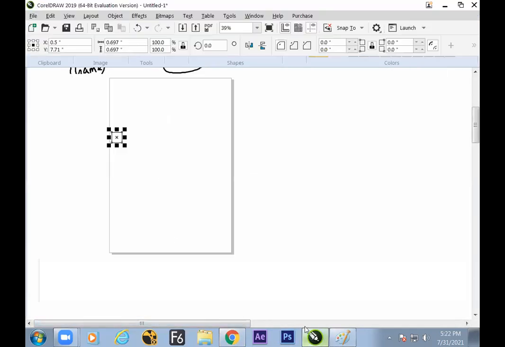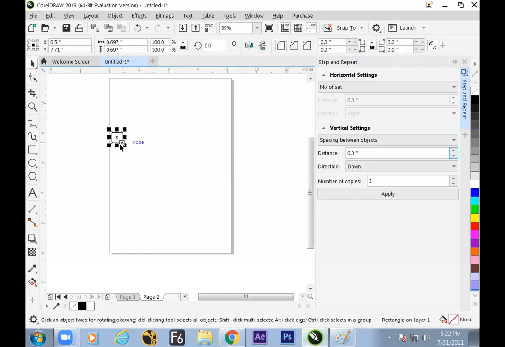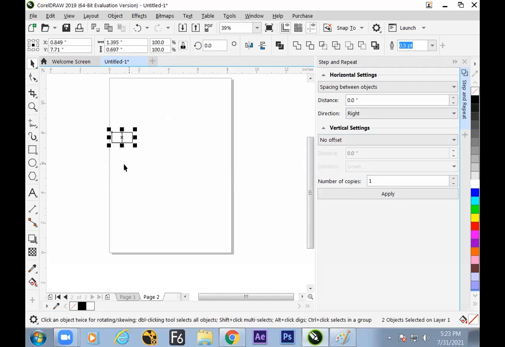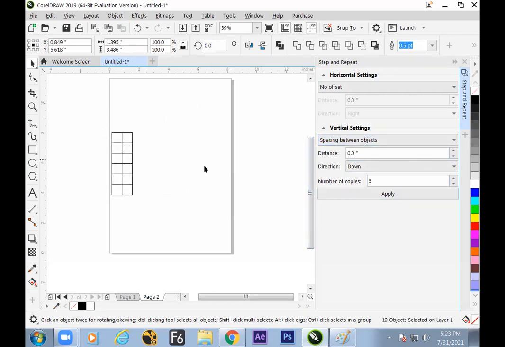So let's go for the action plan. First, get 2 to the right side. Here there is no offset, and spacing between the objects is 0, and how many copies? We need 1 only. Done. Now to the downside, how many are required? 6. 1 is done, so 5 more are required. So go for no offset, and to the downside, 5 more required. Got it? Okay, hope this is clear. Set a color to this.